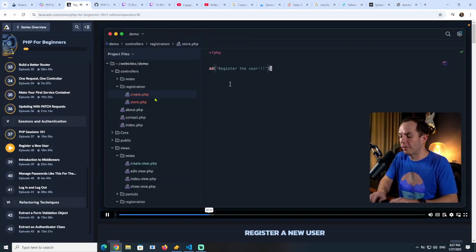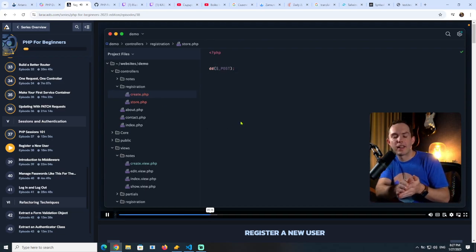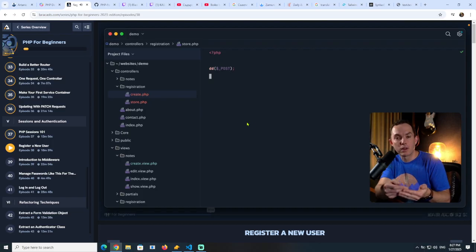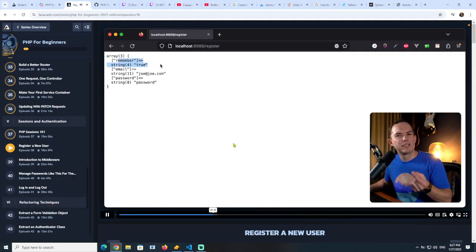Okay, so of course at this point, within the post superglobal, we should have access to the email address and the password that the user provided. So let's give that a shot. I will type password here, we register, and we see it looks like Tailwind has some kind of